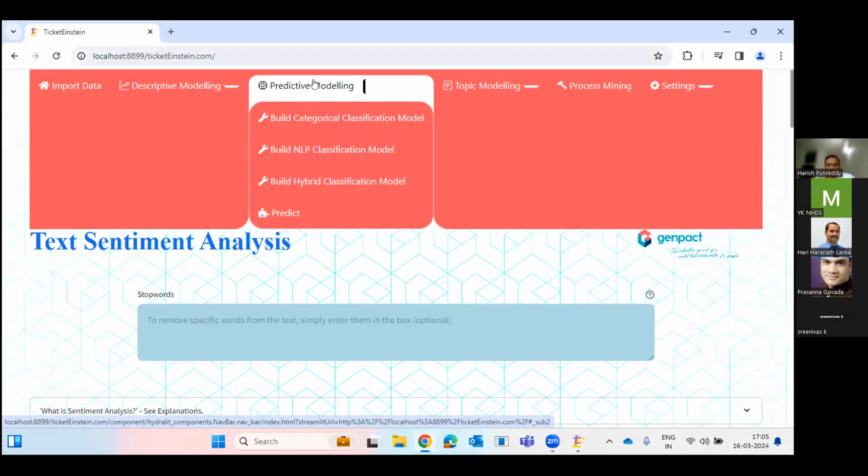So when we talk about prediction modeling, we want to do a prediction modeling for a metric, of course. And say in this particular discussion, we would do a prediction for an FCR, first call resolution. Now, the tool enables me three kinds of predictions. One, using only categorical data, so minus the short descriptions or the free flowing text. And in my experience, being part of Genpact, I had created quite a few prediction models which were purely categorical.